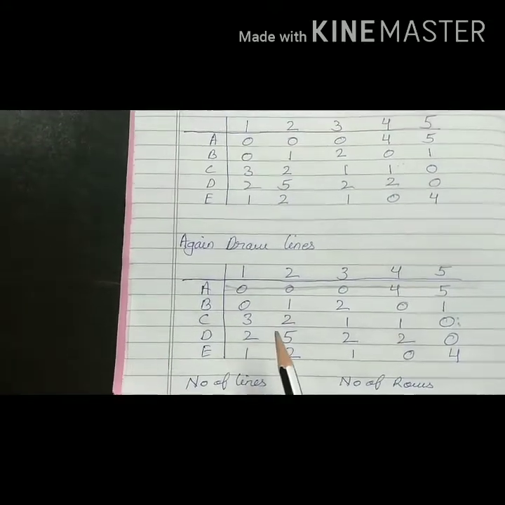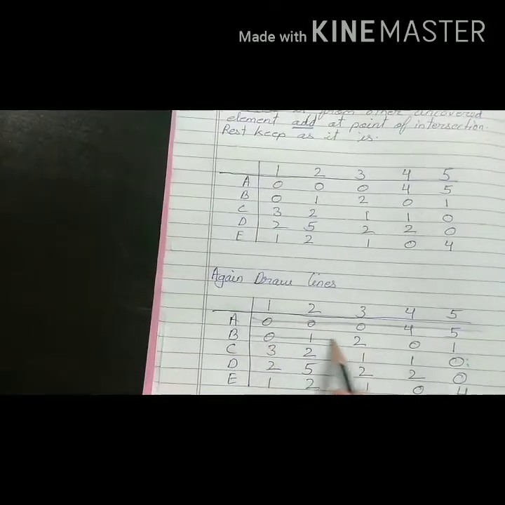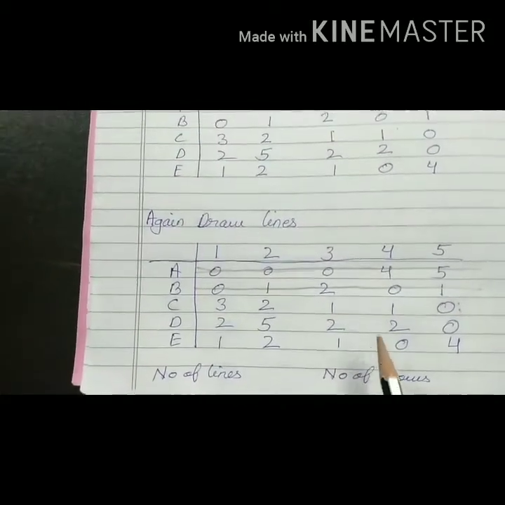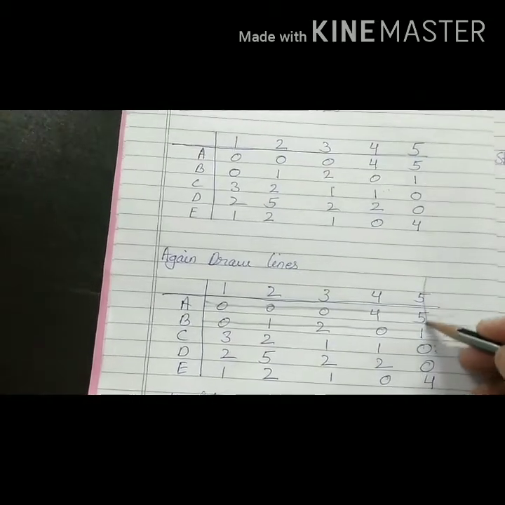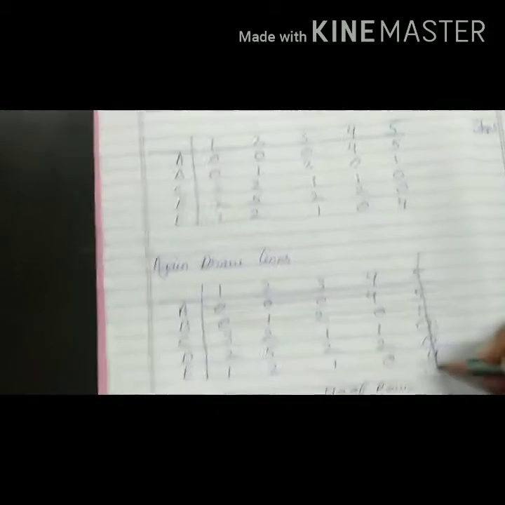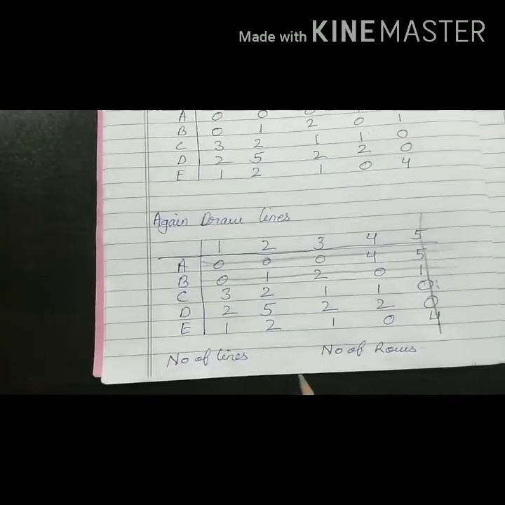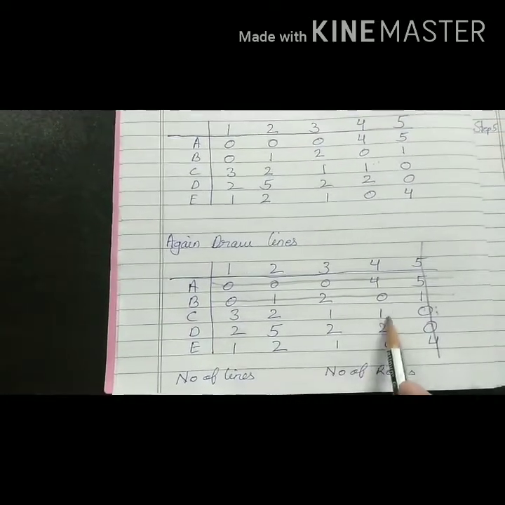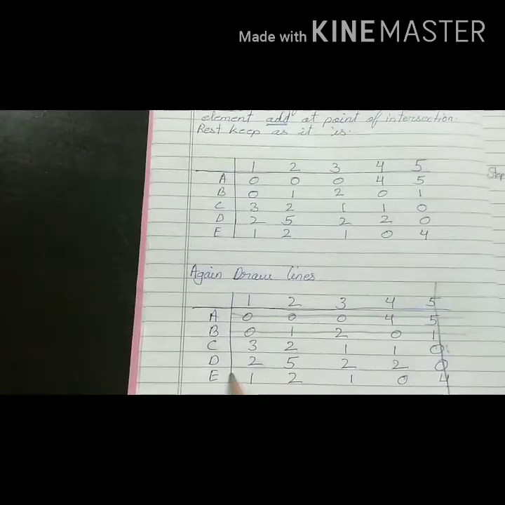No. Now go for 2 zeros. Any row having 2 zeros? Yes. So draw your first line. Again any other row which is having 2 zeros? No. Any column? Yes, fifth column. So draw a line for the fifth column. So here is the column. Now after 2 zeros go for a single zero. Is any row remaining with a single zero? No.